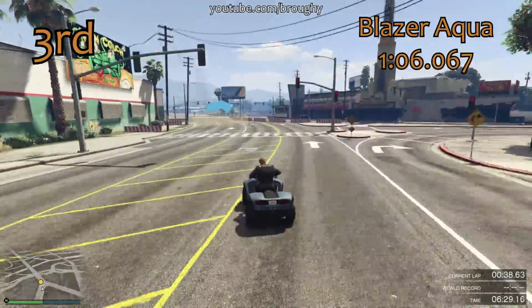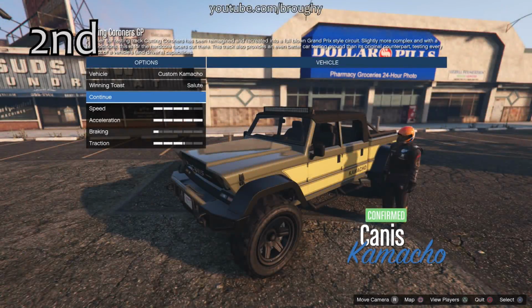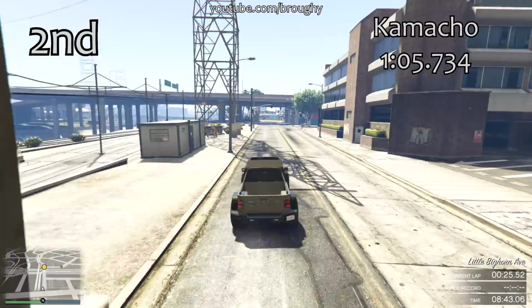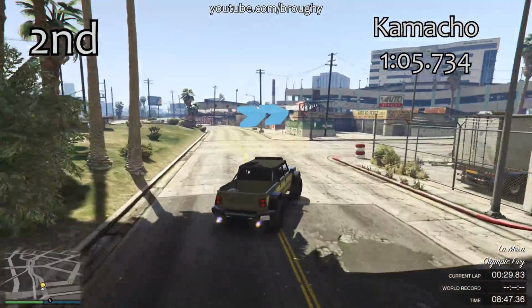But now we've only got 2 vehicles left, and in 2nd place we've got one of the newer vehicles, which is the Camacho. So the Camacho falls into 2nd place, just ahead of the Blazer Aqua, with a lap time of 105.734. Now whilst that's a good second and a half quicker than the trophy truck and the Desert Raid,